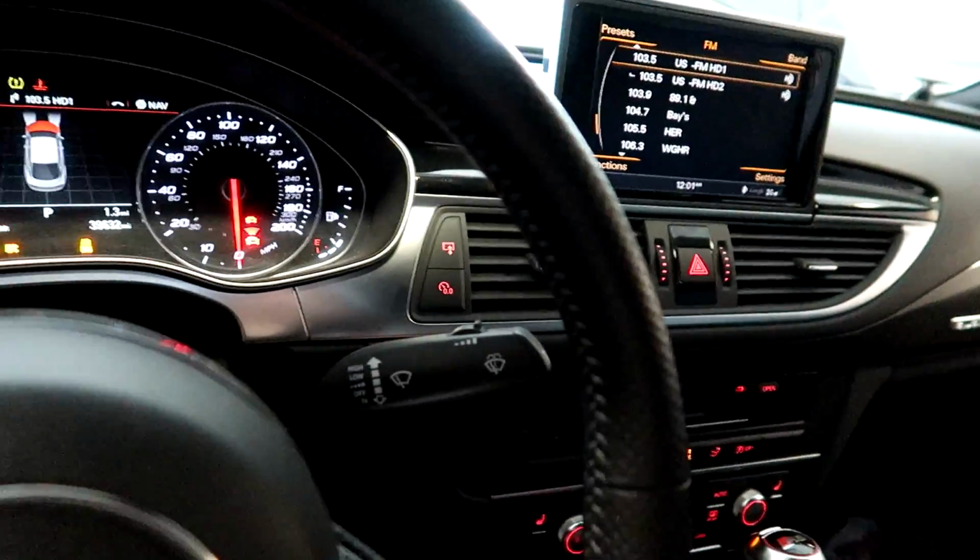I'm in the wrecked RS7 just trying to figure out how some of these things work. There's a bunch of failure things popping up on the screen, but hopefully we'll get all those taken care of